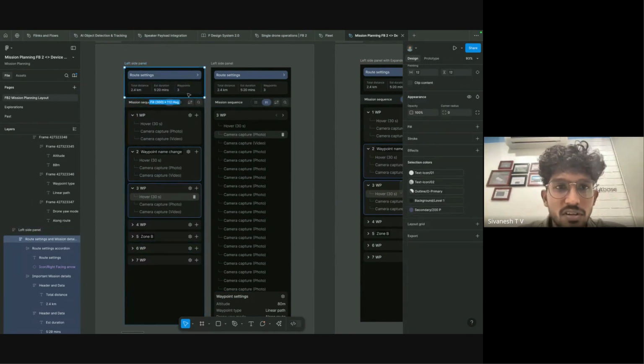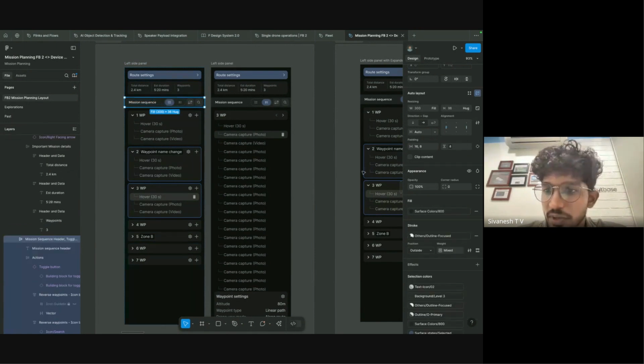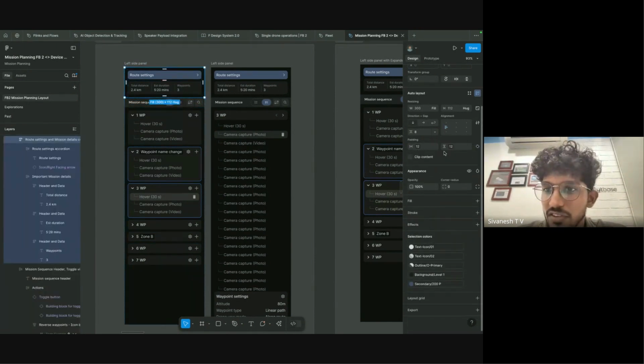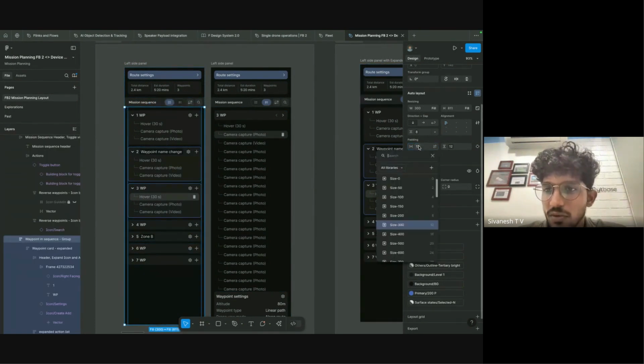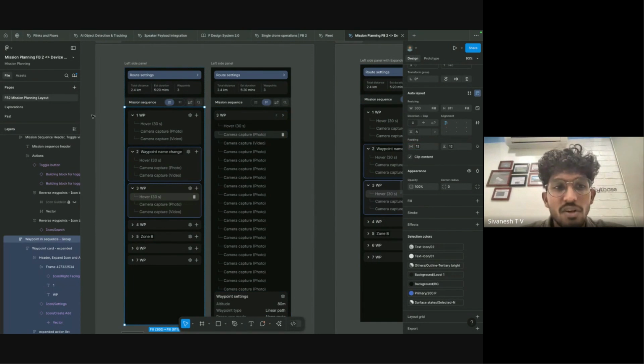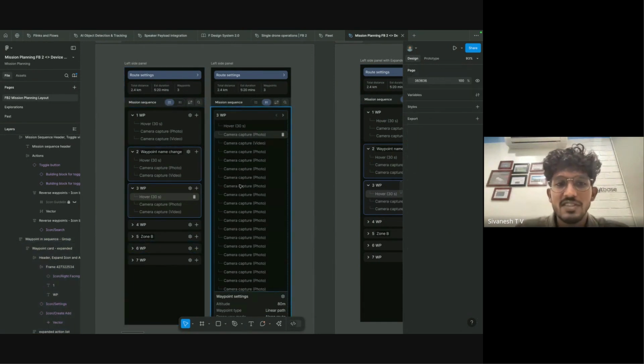If you could see in all the smaller elements, all the bigger elements, we will be strictly trying to use our styles. In this manner, it will be like size 300, right? And then the Tailwind CSS will very easily be able to relate to that. So whenever Claude tries to access this, we'll just have to give a prompt like you need to follow these things, right? So it'll already understand that okay, I will follow the Tailwind styles now, I'll follow the design